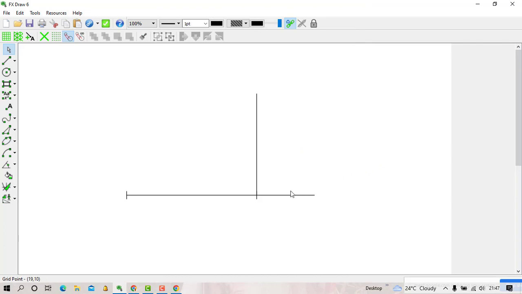Then from there, we want to place arcs. If I were using the compass, one of the arc was supposed to be on the left, and another one was supposed to be on the right with equal radius from this point of center. So I go to the arc defined by center and end point.